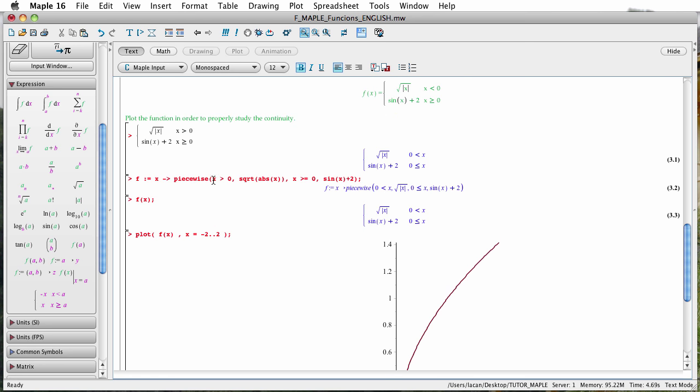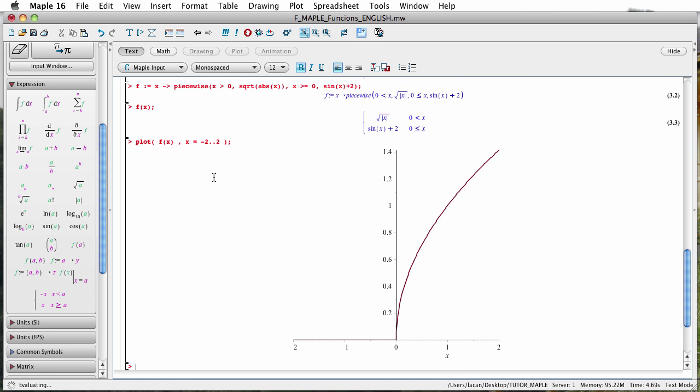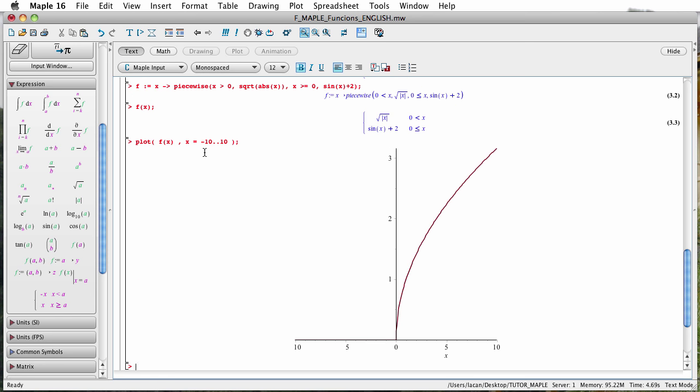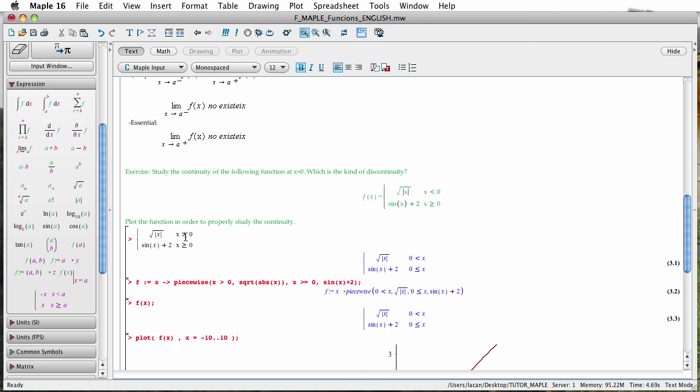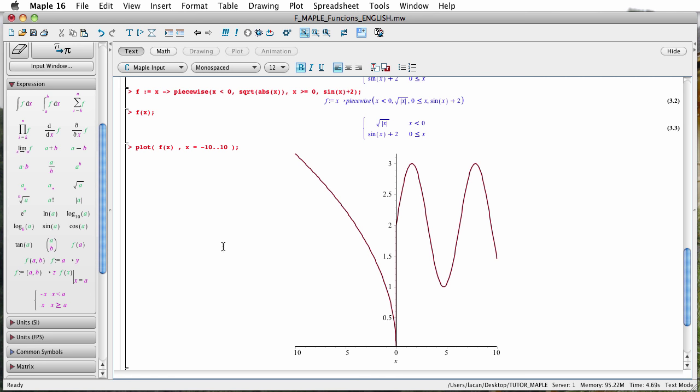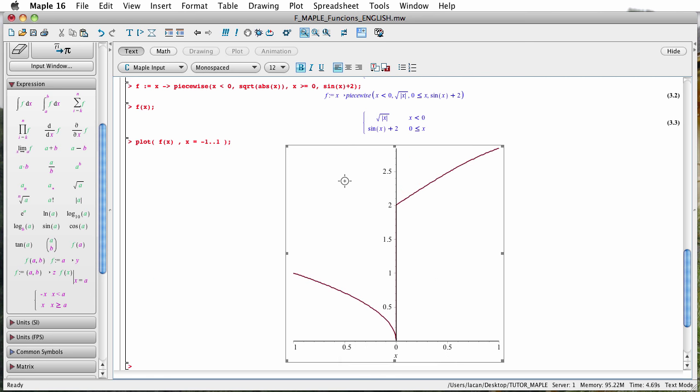I'm sorry, let me check that everything is correct. I have done some mistake. It's not x less than, sorry, it's x less than 0. Now it's okay. This is the function, so around 0 you can just put -1, -1,